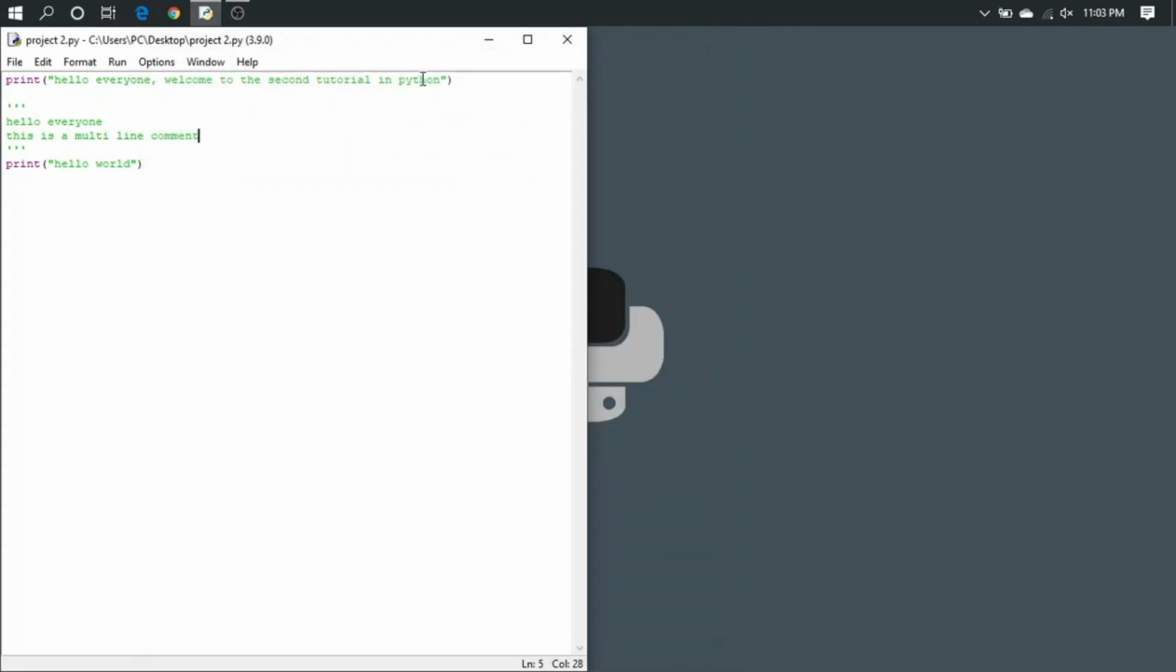Moving on, some backslash coding. Backslashes are used to either ignore any symbol or they have many other uses, like putting a backslash and then n creates a new line. So, hello world, how are you? And if I run this